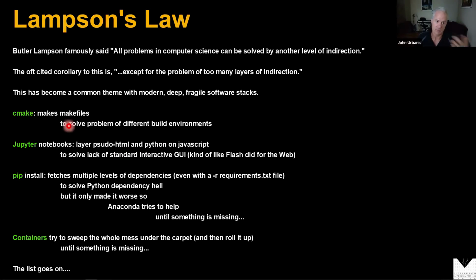It's originally programs could be compiled with CMake. Well, anyway, I won't go through the long list of where we end up today because of too many layers of software making things complicated. If you work in any area of programming, you've stumbled across these things. I stumble across these all the time. Makefiles now are incredibly complicated, and Jupyter Notebook environments are incredibly flaky. Python environments are so tricky that a lot of people just give up and start bundling things into containers, and then containers get to be so tricky. So Lampson's law is everywhere in computer science.